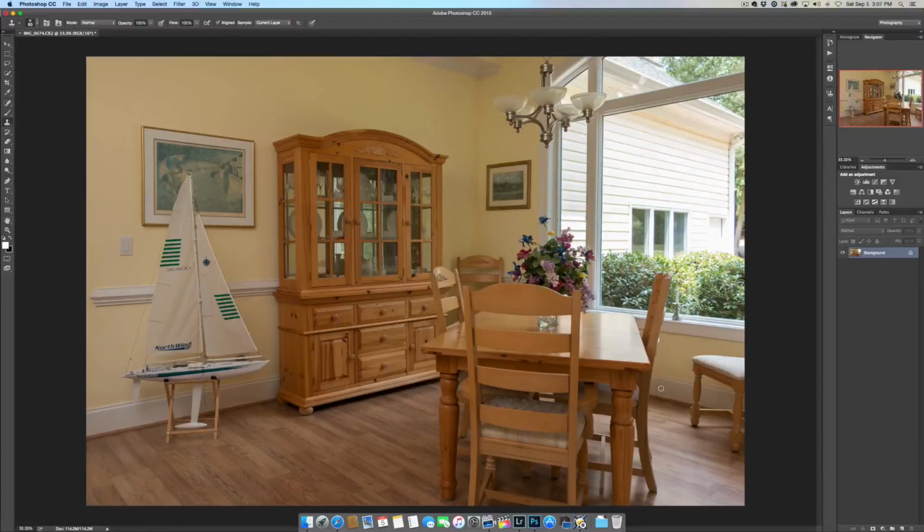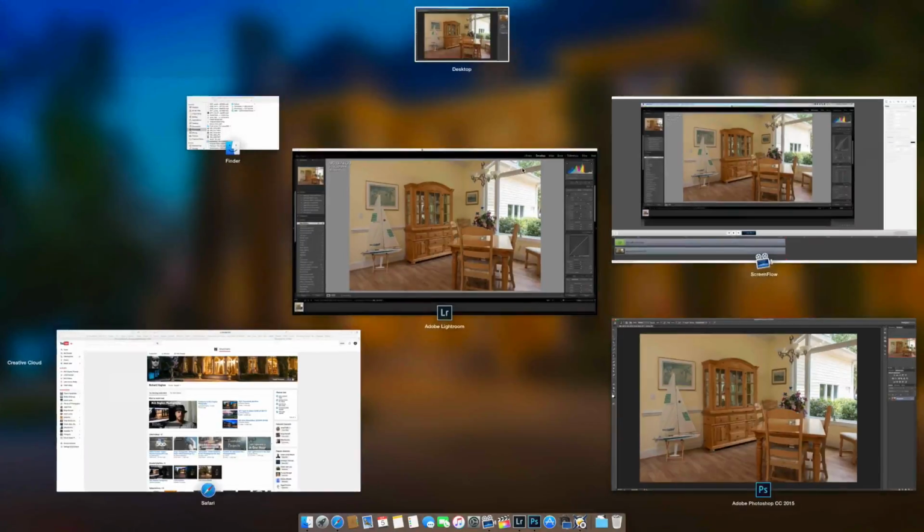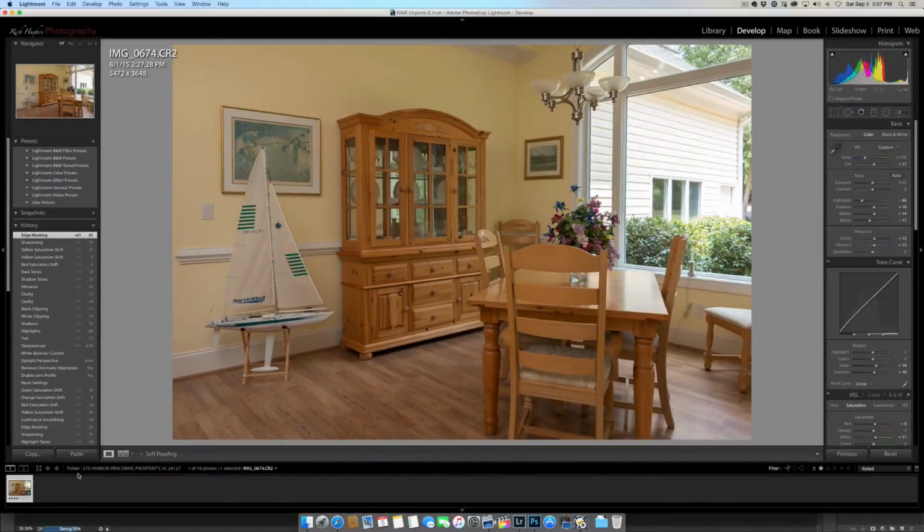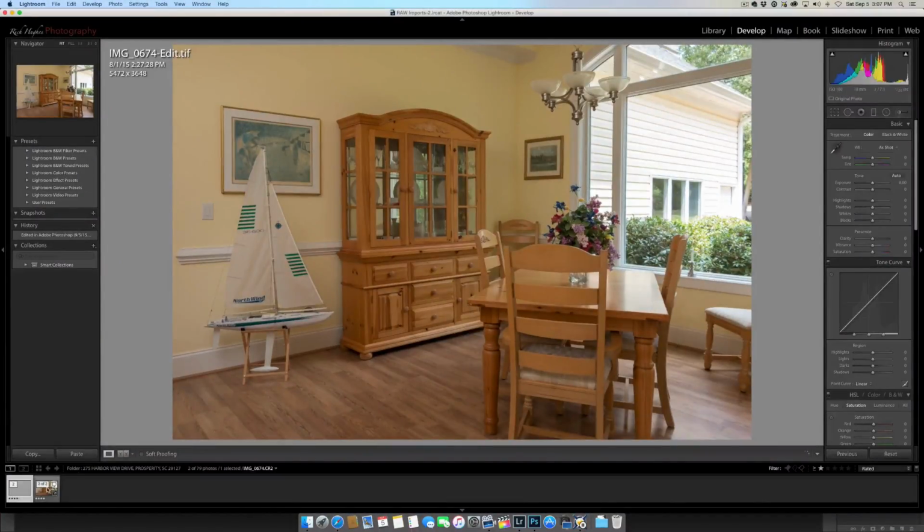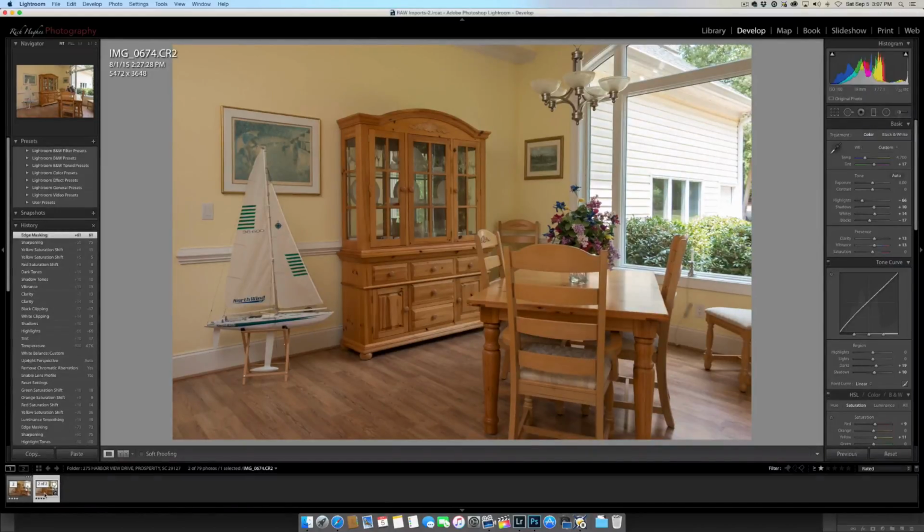So anyway, that is basically it. The only thing left to do is to close this and save it. So you just hit Command W, and it'll ask you, do you want to save the changes? Yes, you do. Save the changes, and then when you go back to Lightroom, you see the new image, and there's your change. Everything has been removed. You can no longer see the plug, the cord, little annoying things. There's the before, there's the after,